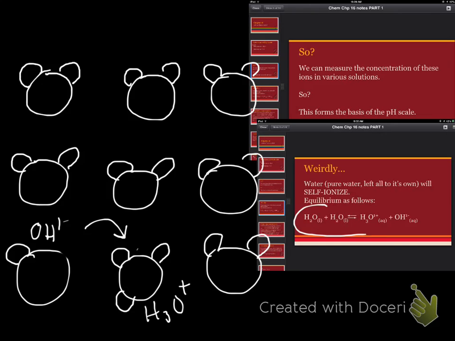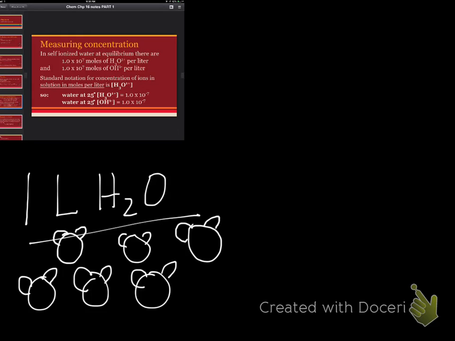And we get this equilibrium. So we have water plus water, reversible reaction, hydronium plus hydroxide. And that reaction right there forms the basis for a lot of things that we're about to do. In every 1 liter of water, so 1 liter full of Mickey Mouses, 1 liter full of dihydrogen monoxides, we